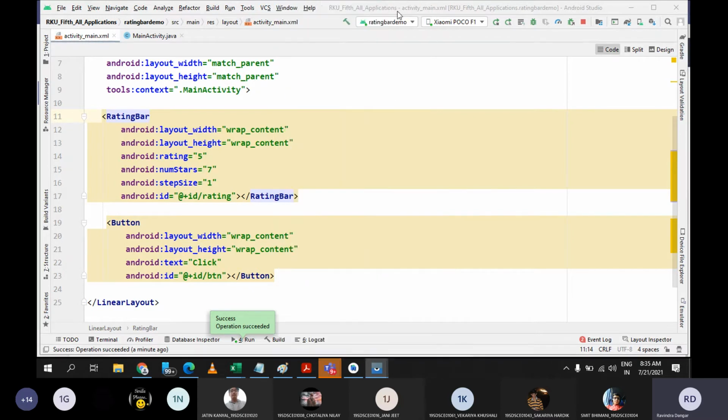Now let's change this step size to 1.5, and let's launch the application again.